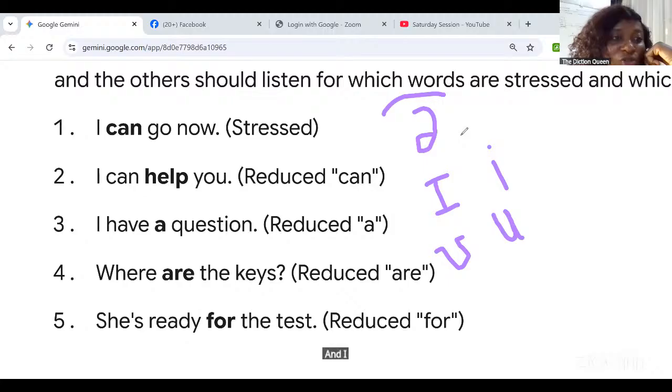And I said that the Schwa sound is articulated